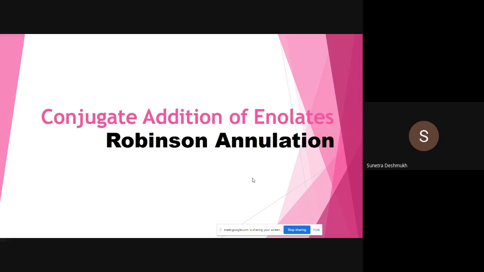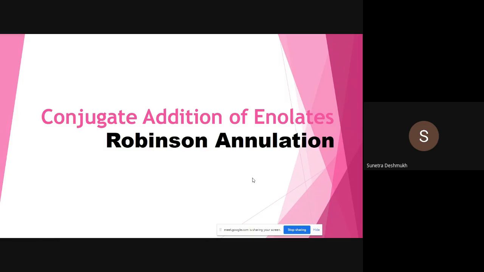Okay, next reaction is in connection with the last three, four reactions. One to direct addition versus one for conjugate addition reactions. Okay, so now the new reaction is Robinson annulation reaction. Annulation means adding or making one more ring, synthesizing one more ring.